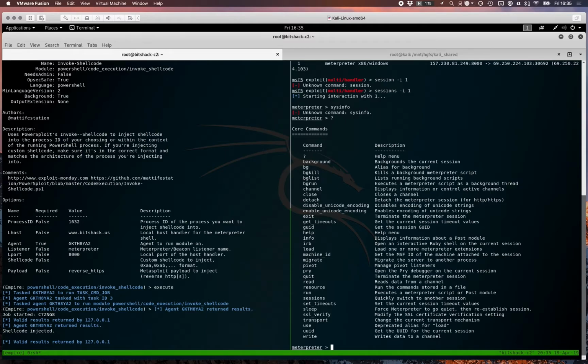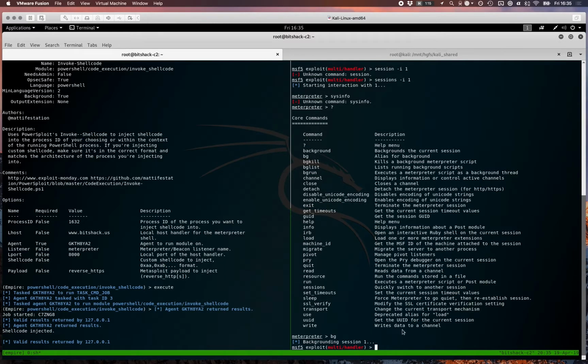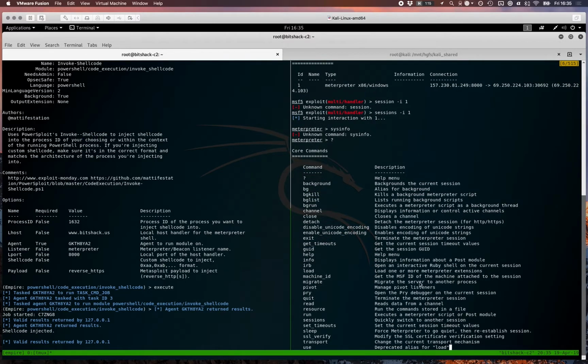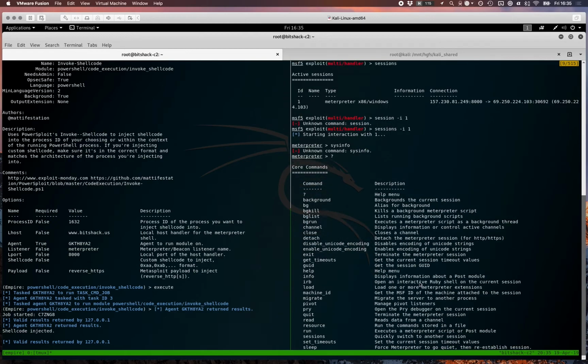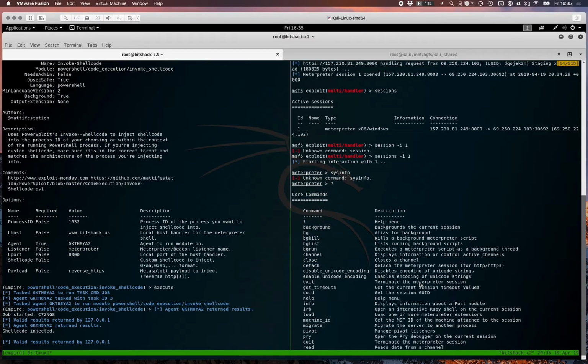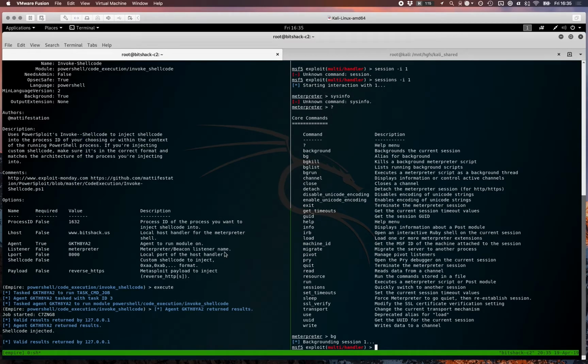This is not a full Meterpreter session. And I'll show you what the difference is when we get another one. But this is even the correct x86 architecture, but it did not have the right permissions. So